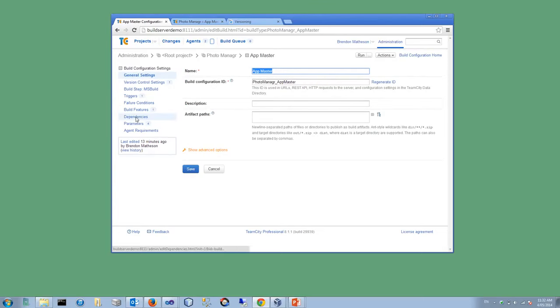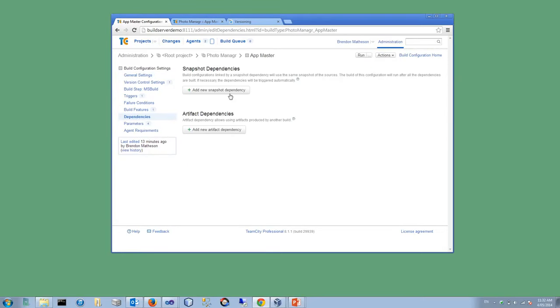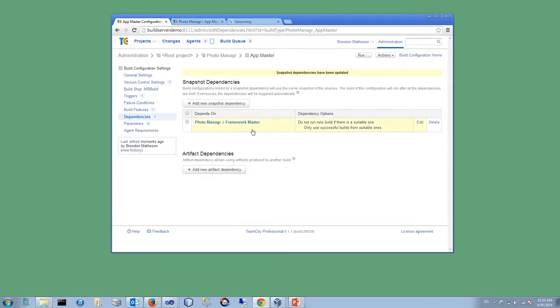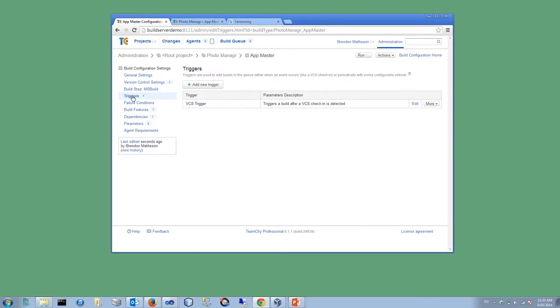First of all, let's set up the dependency itself. So in the dependencies area, we're going to add a snapshot dependency to make the app project dependent on the framework master project. So this is more or less metadata at the moment, just to define a dependency, basically a dependency graph. And to trigger a build based on that dependency, we're going to come into the triggers section and